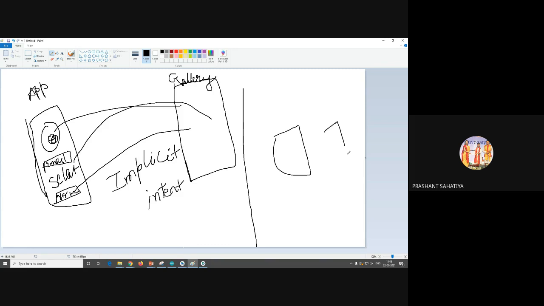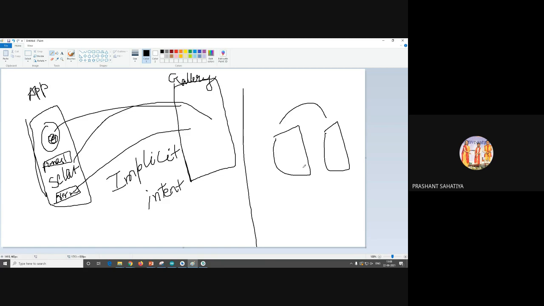Both the screens are of your app only. आपकी ऐप में 50 स्क्रीन हैं, आप internally एक से दूसरी, दूसरी से तीसरी जा रहे हो inside your app. That is the concept of explicit intent. Remember this thing, it's important, very important. ठीक है, implicit intent is like you have one app and you are opening some other.